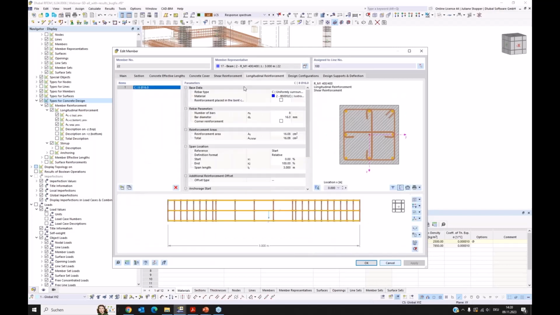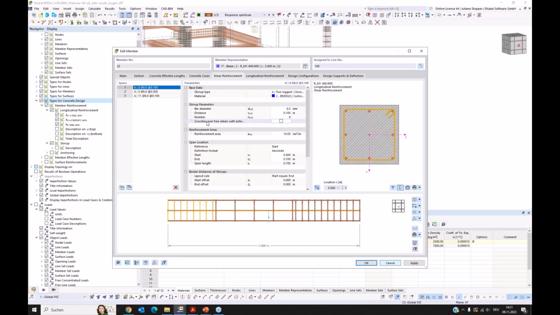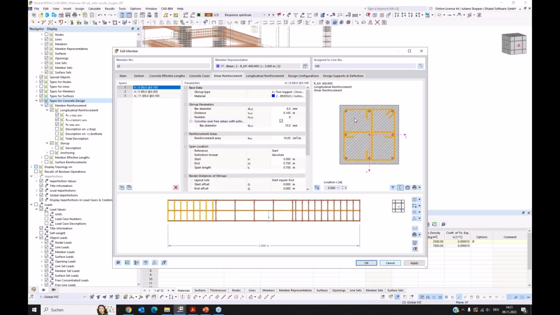In this column, I have uniformly surrounding longitudinal reinforcement, and I have here the shear reinforcement. And what we need for the seismic design are these cross ties. They are needed to have a more confined concrete core in order to receive a more ductile behavior of the members. So you can activate it in the shear reinforcement,